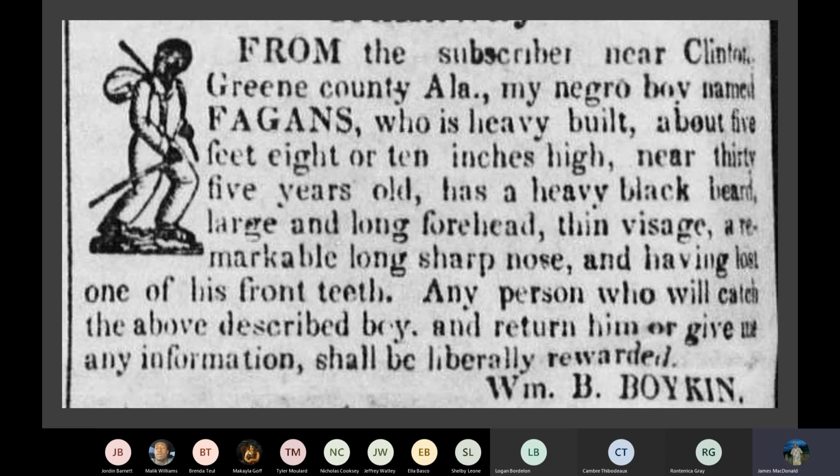But it always baffles and stuns us that slave owners would write things like that. I don't know why they would actually go and run away. Sometimes slave owners would write in the advertisements, he or she will not face harsh punishment upon their return. You have to understand that in the system of slavery, some slave owners knew that the people that they owned were going to run away temporarily and come back.